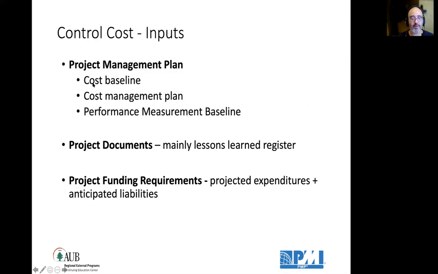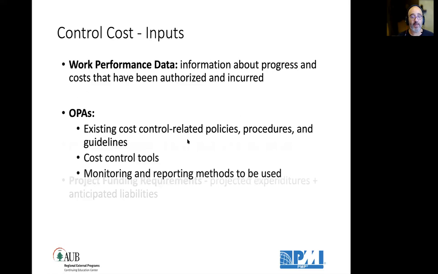To control cost, you need the cost baseline because this is where our planned expenditures are. And you need the cost management plan because it has the procedure and the how-to of controlling costs, the tools, the templates, and the performance measurement baselines اللي فيها الbenchmark against which you are measuring our cost performance. Project documents, mainly lessons learned register. Project funding requirements, like the expenditures versus the liabilities. You need work performance data about progress and costs that have been authorized and incurred on the project in the form of invoices, receipts,